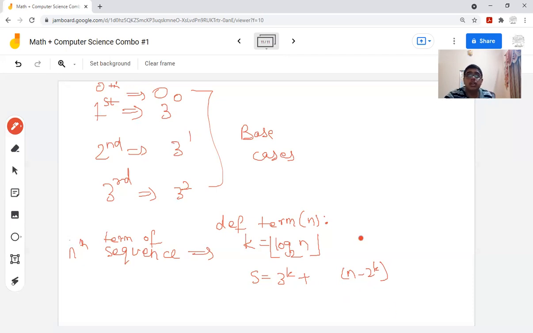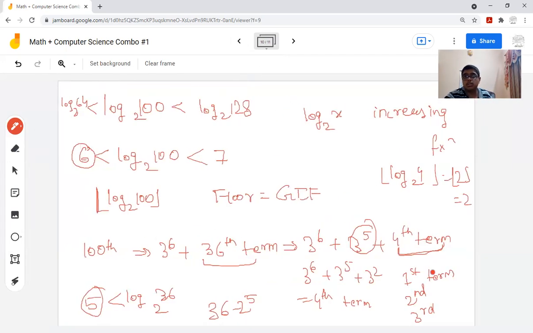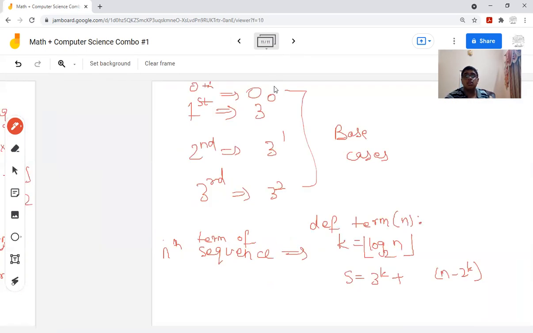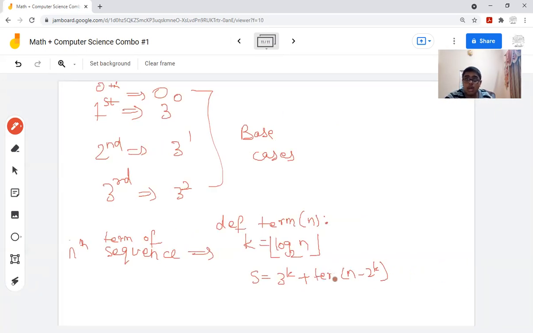Which term is it? Like there, we got that it was the 36th term. How do we find the 36th term? So we want the term of that. So it's just again calling the function inside itself. Now this we want if n is greater than 3. Say n is less than 3, then we give another elif condition. In Python it's elif. So then say n is 0, then this should be 0. We don't want to add anything. Say n was 1, then you need to add just 1. If n was 2, then you need to add just 3 power 1, that is 3. Say if n was 3, then you need to add 3 power 0 plus 3 power 1.